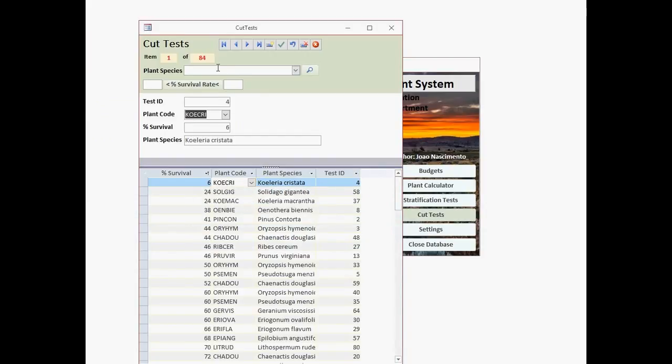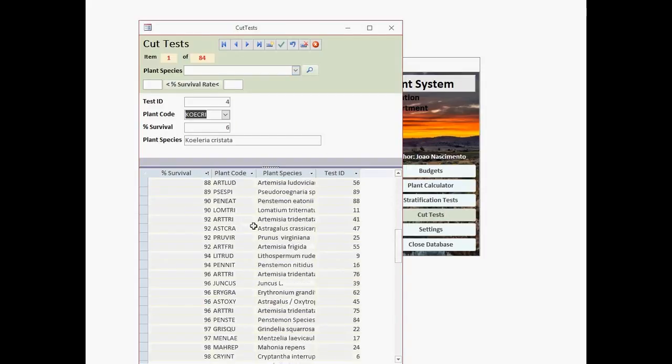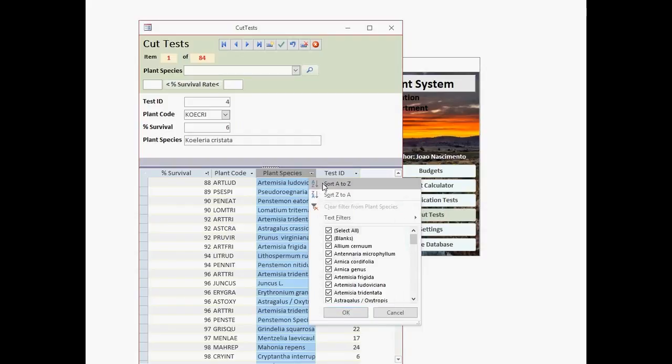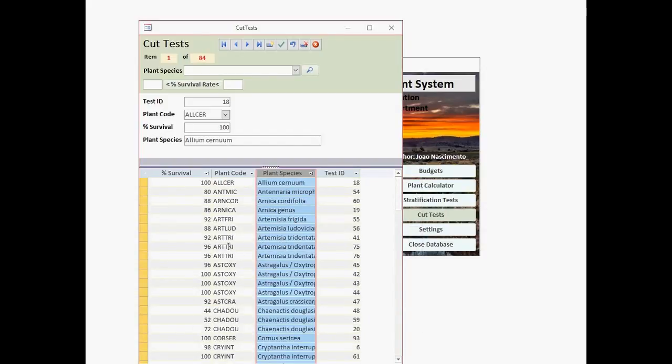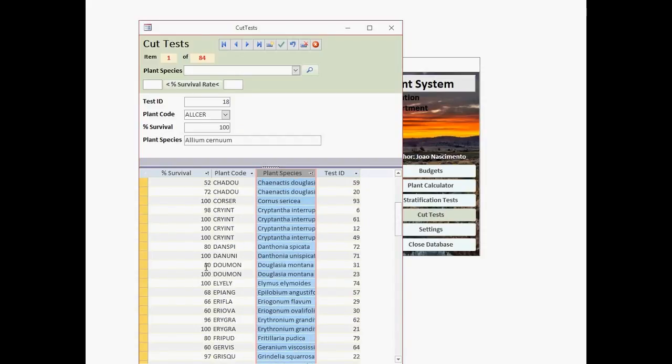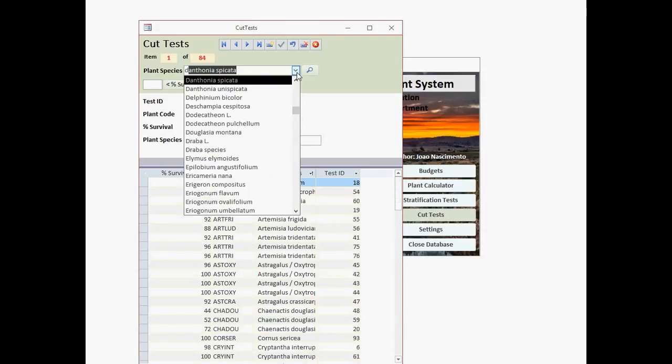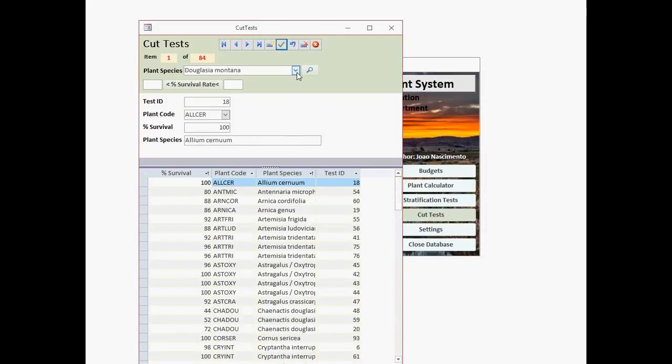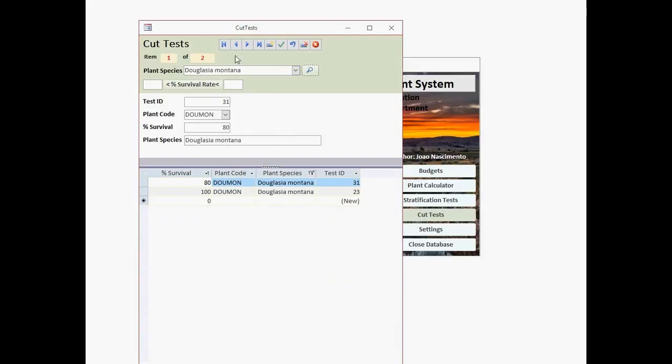And we also have the cut tests. So you can select the cut test for many plant species. And here they are. I will sort alphabetically. So we have, okay, Artemisia. I search by this plant species, and those are the cut tests for them, and here the survival rates. And you can also search by survival rates, like tests with over 50 and